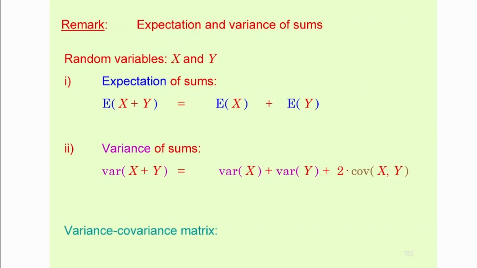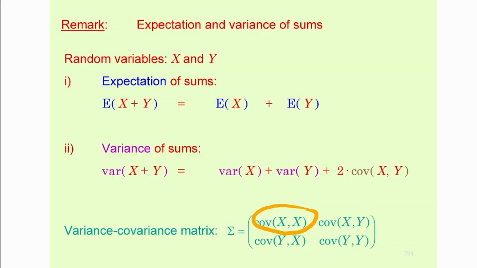Anyways, now, how would you memorize that formula? Because I want to try to generalize this. One way to do it is establishing the so-called variance covariance matrix of the two. When you look at the variance covariance matrix, the first index is the row index and the second is the column index. You can call it like that. The covariance of a random variable with itself is equal to its variance. So on the main diagonal you're going to have the variances, and every other entry is going to be the covariances themselves.